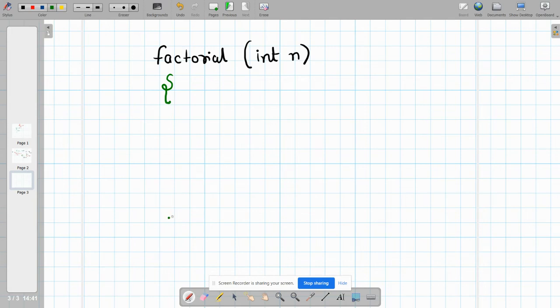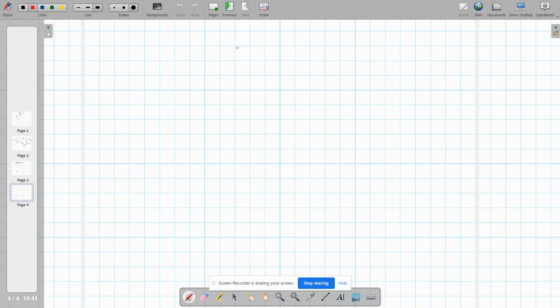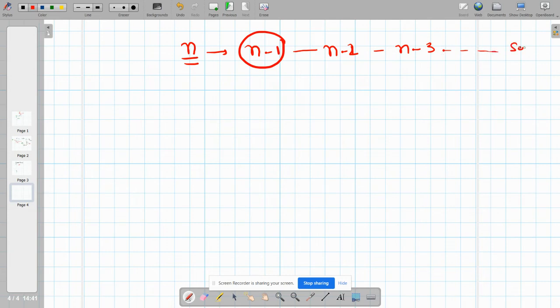Let's write the code. So first you need to write the base case first, right? And what is this base case? Every time you are calling, why do we write a base case? I told you that if our number is n, then we need to call the function with value n minus 1, right? And you will keep calling this with n minus 2, n minus 3, and so on. Now the thing is that calling recursion is okay, but at some point the value will be